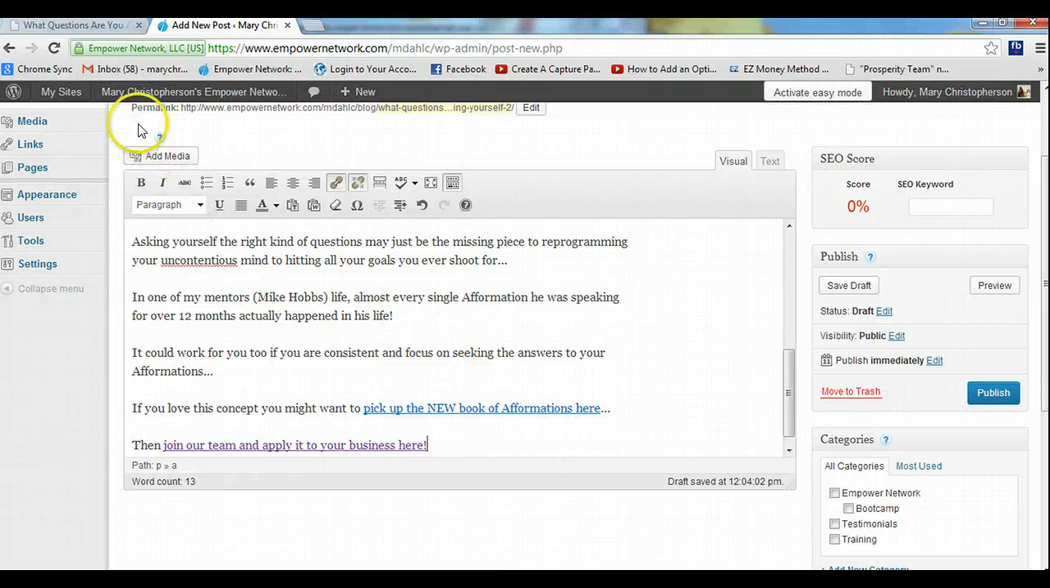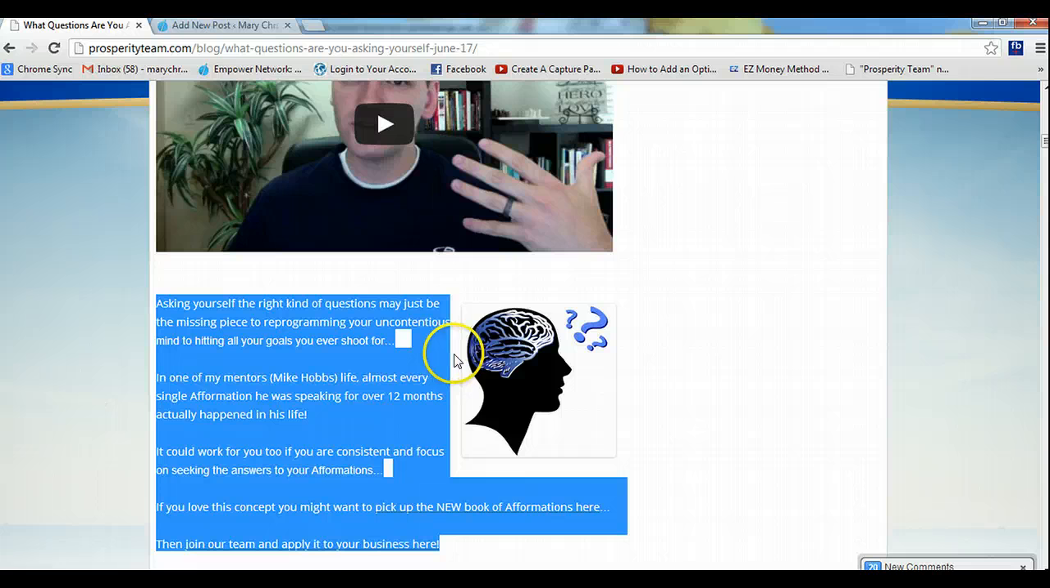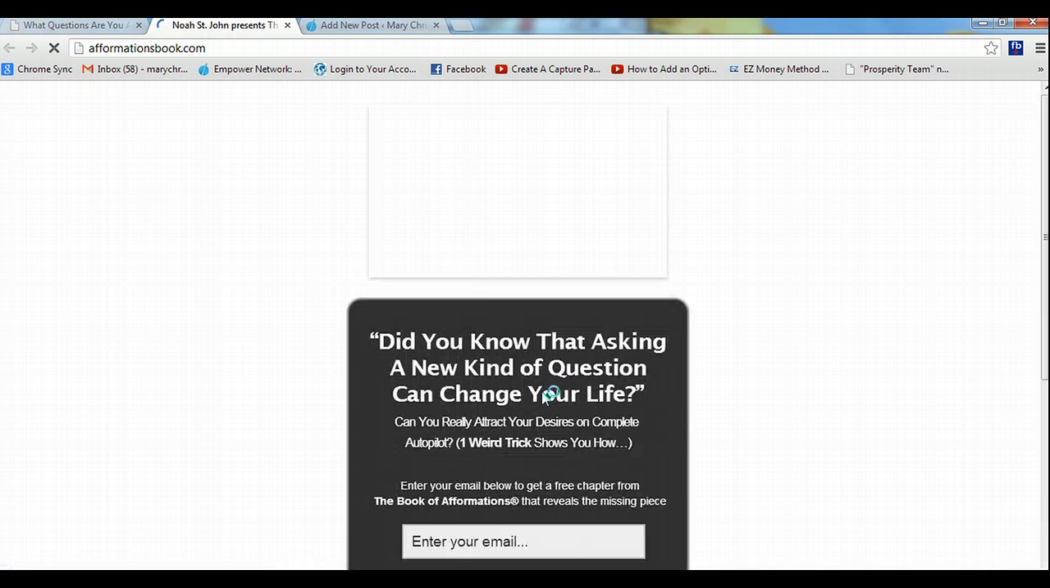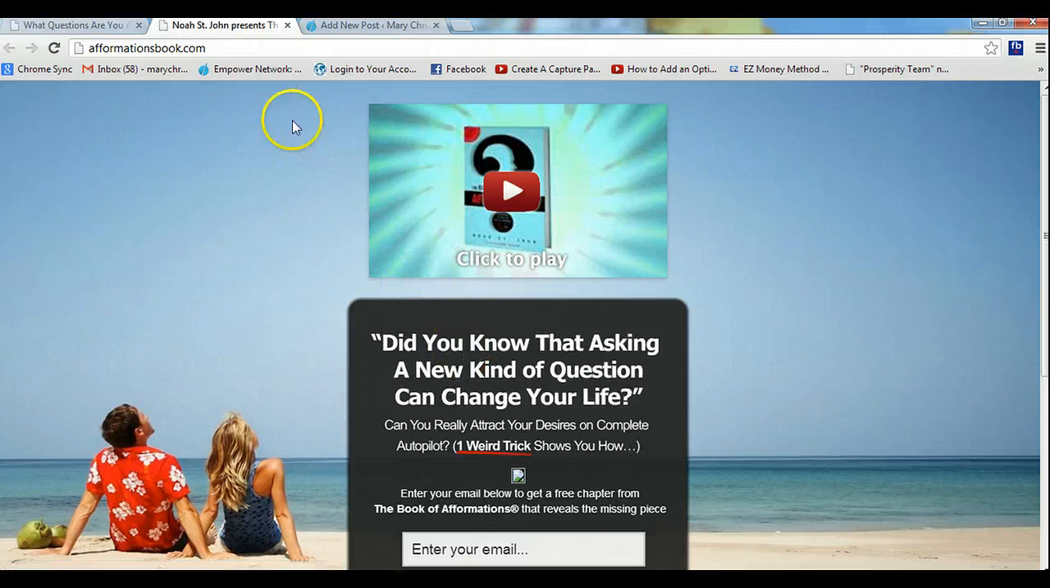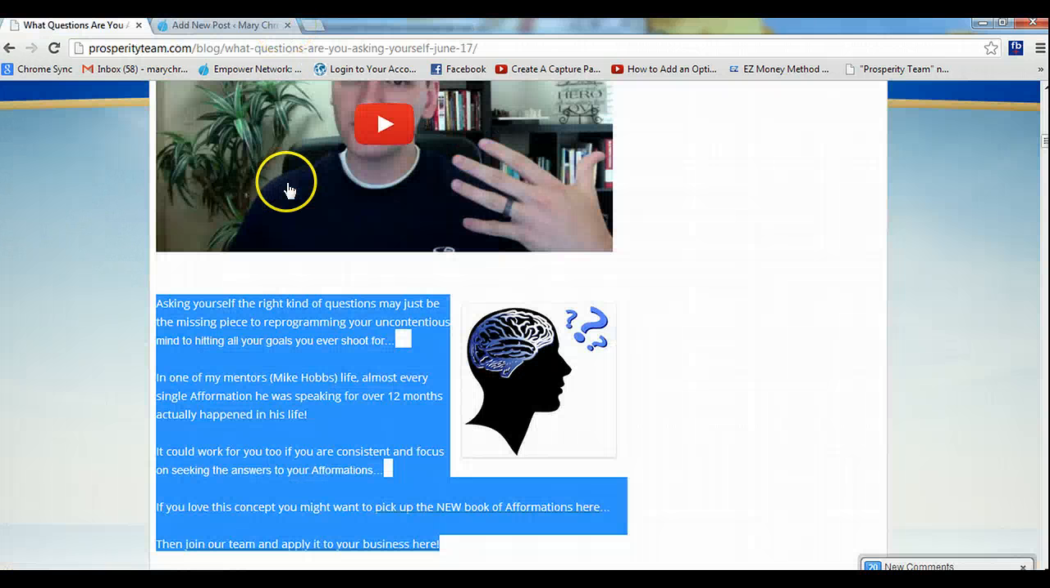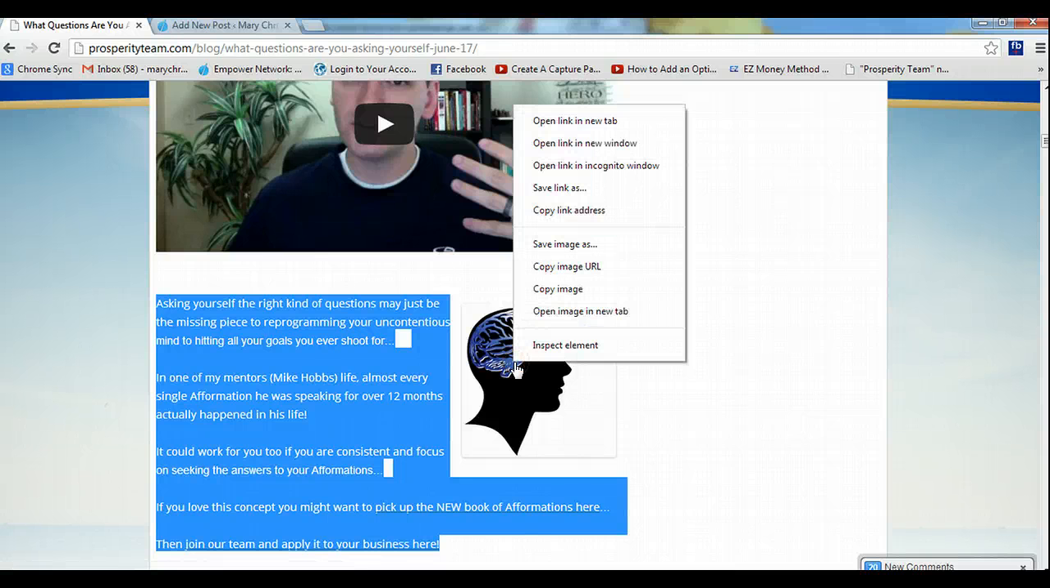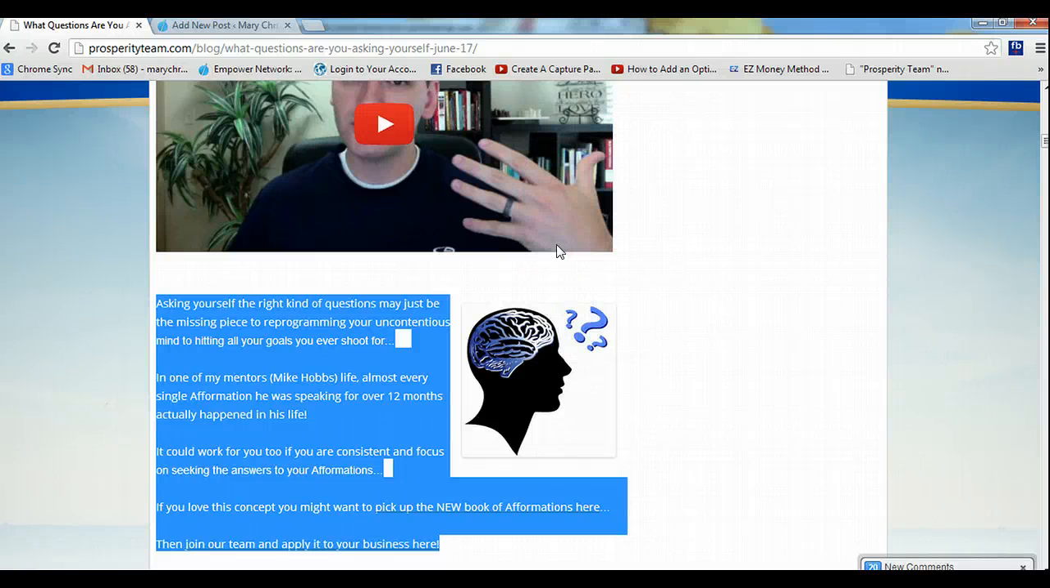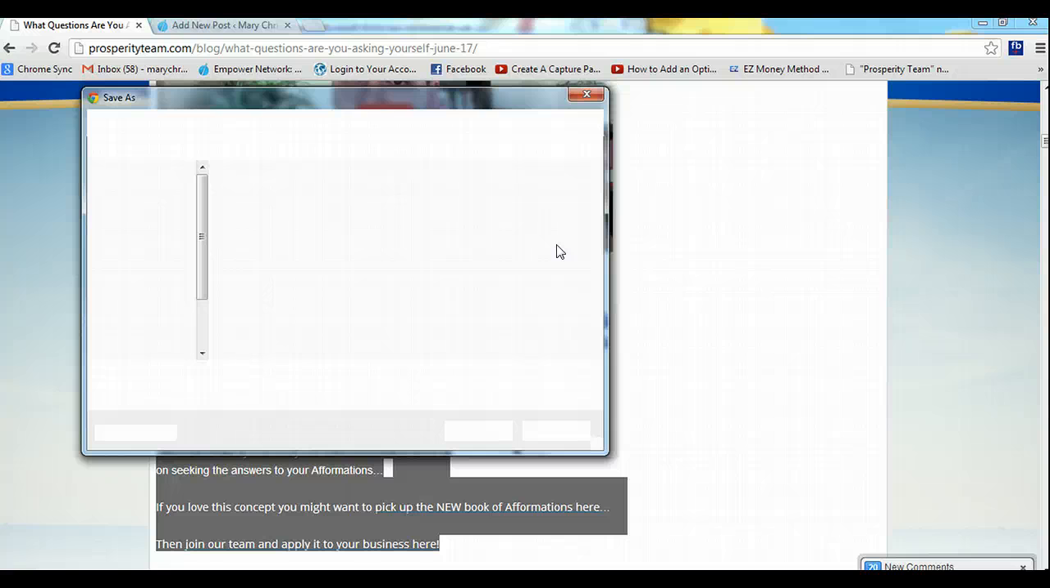Now if you like this little image here, you click on the image and it'll come up. Nope, sorry, image has been linked to something. So we right click, and I'm going to save this image to my computer. So save image as,